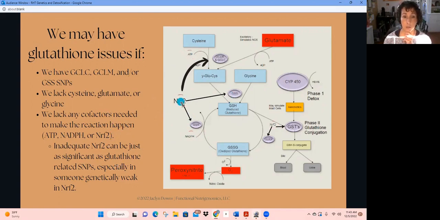And so inadequate NRF2, which is a super important substance that regulates our antioxidant abilities. So not having enough of the cofactors can be just as significant as having glutathione SNPs, or if you don't have any SNPs at all, not having the cofactors can be like having